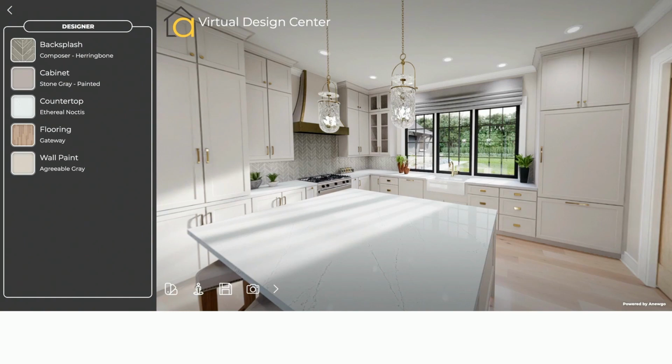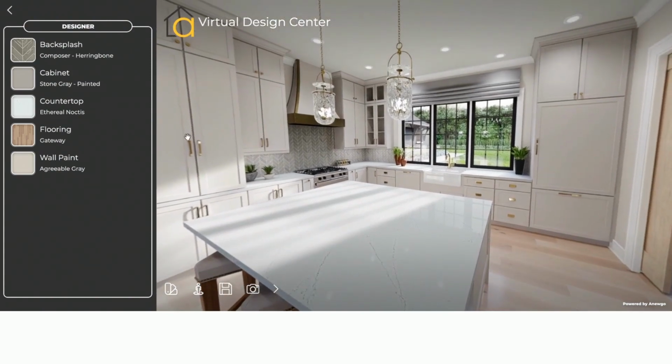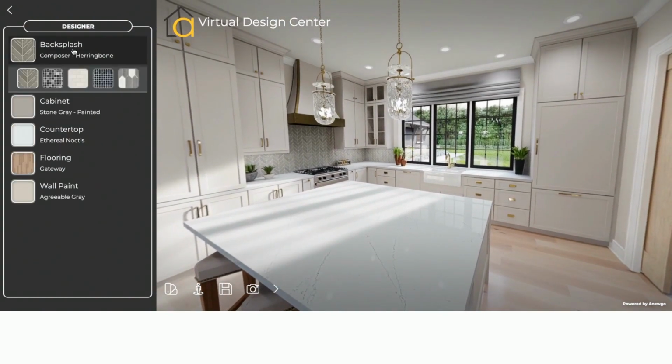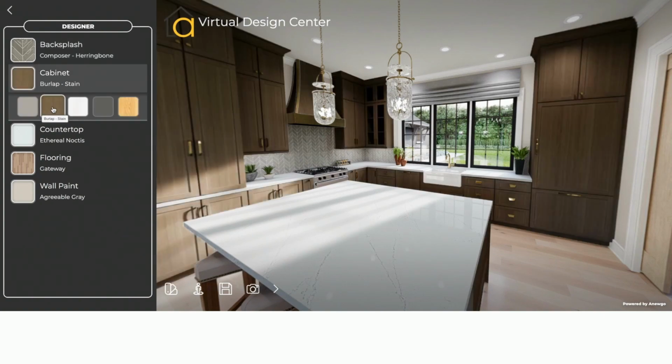But one of the features that I do want to talk about is interactivity. It's one thing to be able to passively observe what is on the screen, but it's another to be able to actually become a participant in the virtual model home. So this is an example of a virtual design center where you can actually change colors as you go through the home. So instead of just touring a generic model home, now the consumer is able to select their colors,